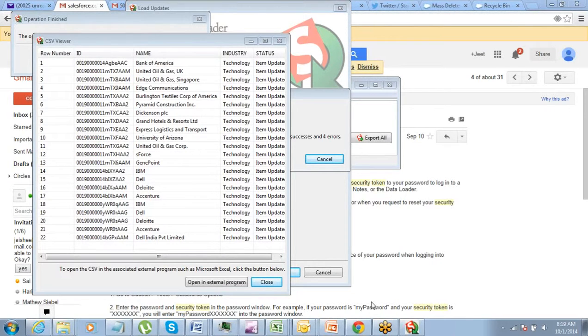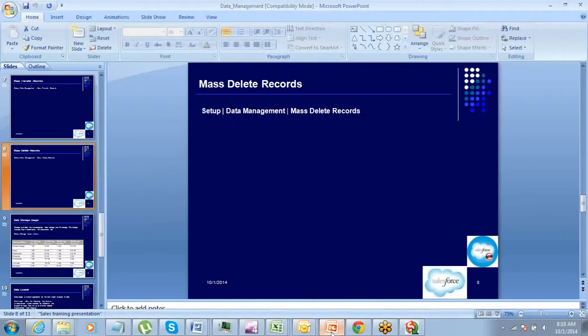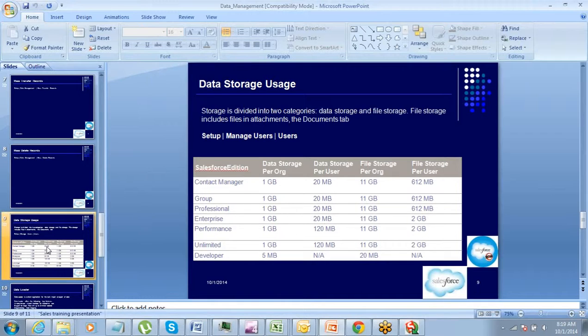Now there is one small thing which we would need to discuss, which is the storage usage. When we are doing so many data related activities, there is another important thing which we need to understand here, which is storage usage. What is that storage usage concept? It's a very simple thing.